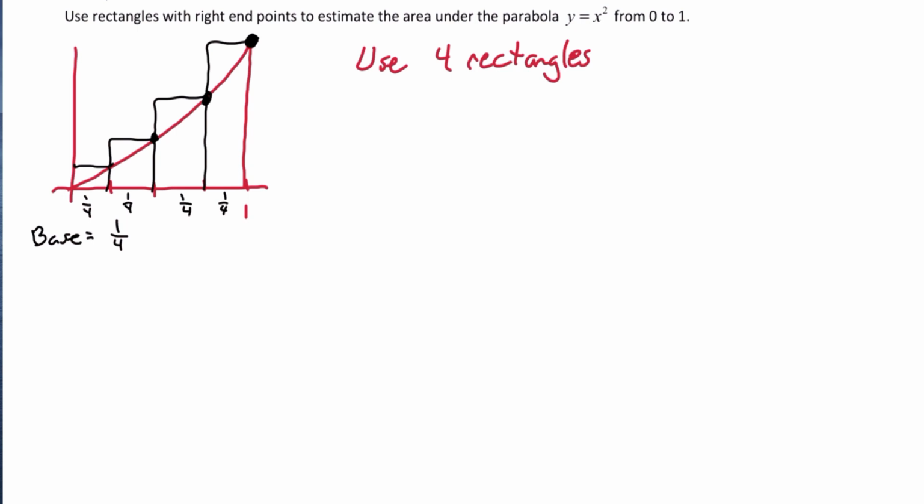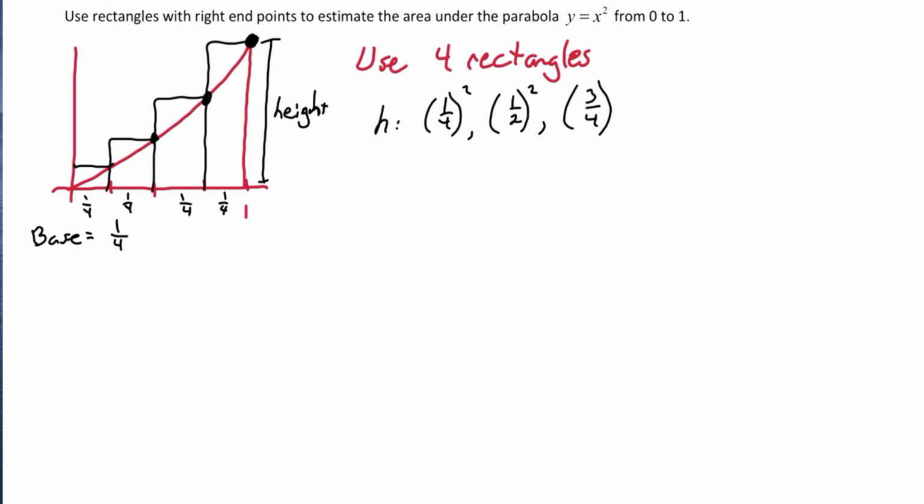The height of the rectangle is the y value of each point along the curve y equals x squared. It's the right edge of each strip. So the heights are 1/4 squared, 1/2 squared, 3/4 squared, and 1 squared. Let's let R4 be the sum of the area